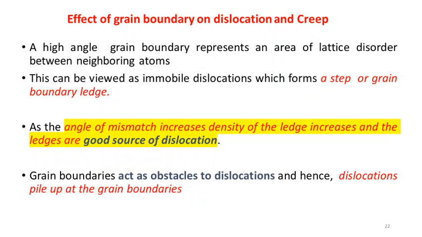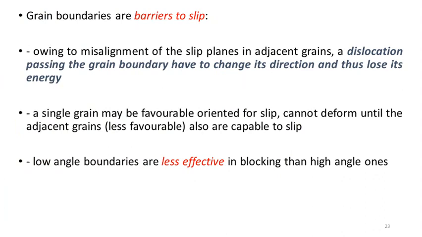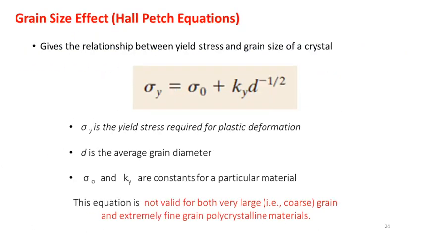So the grain boundaries will restrict the ductility, or restrict the plastic deformation of the material. They can act as barriers or hindrance to deformation by slip. The dislocations passing through the grain boundary have to change their direction, or the deforming force will have a change in its direction, so it will restrict the deformation.